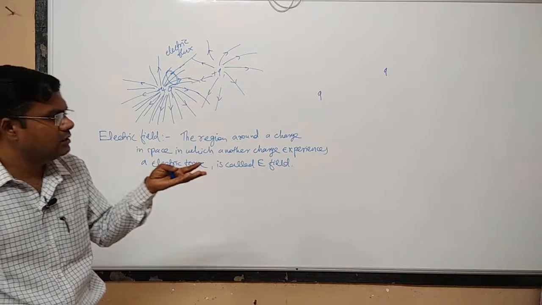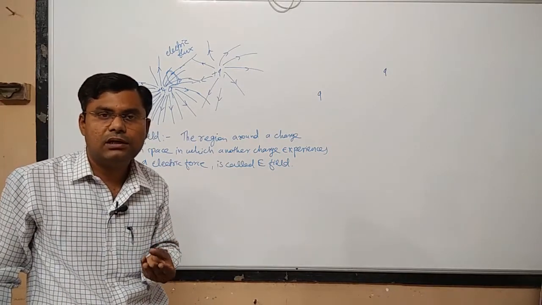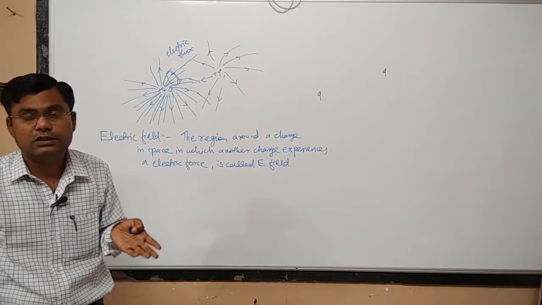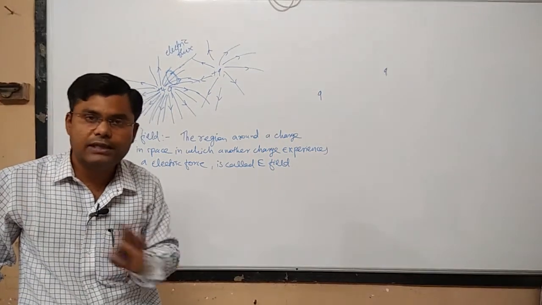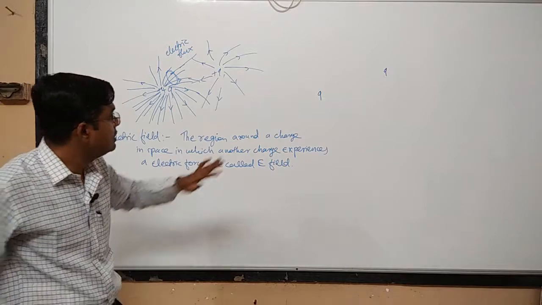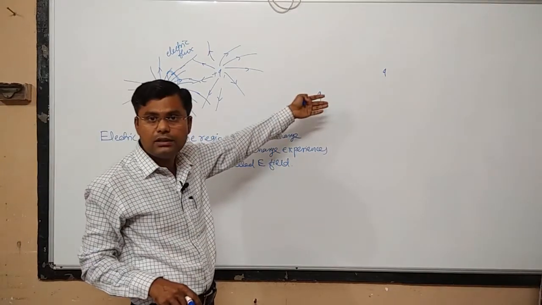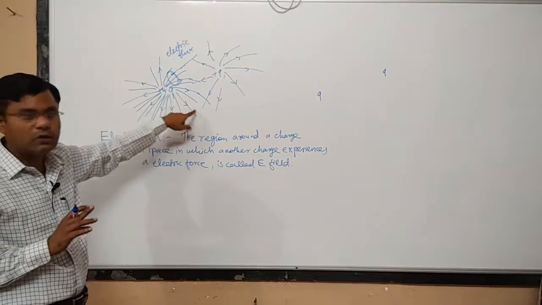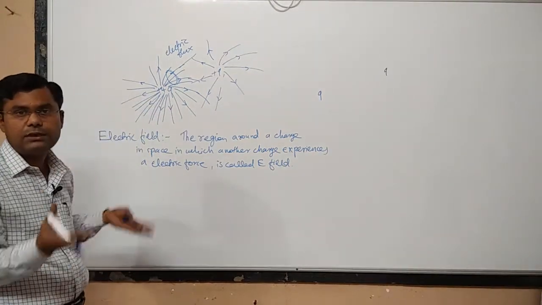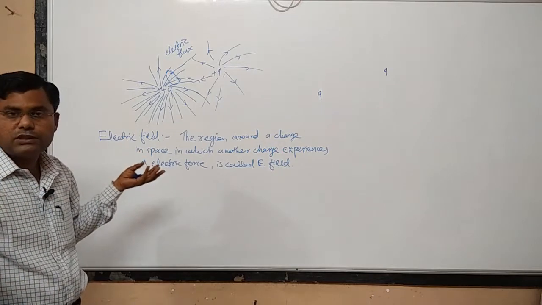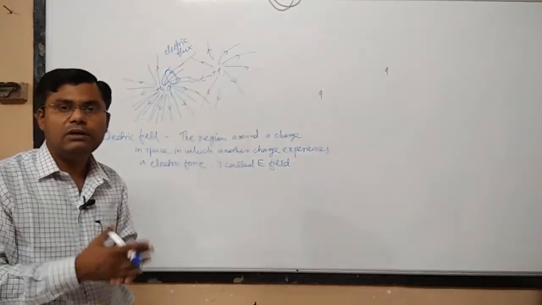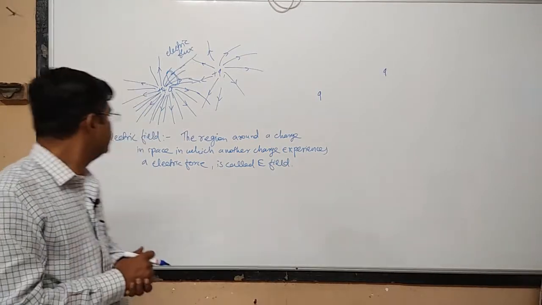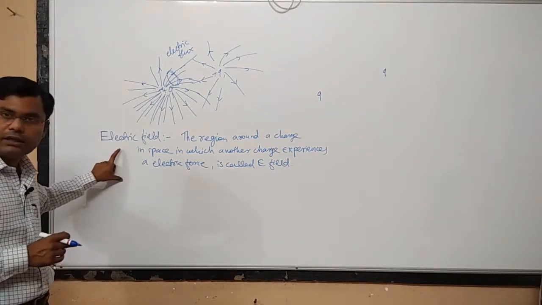Normally we can say that if a charged particle comes into the electric field, it will experience some electric force. If the charged particle is not in the electric field, then it will not experience any electric force. And what is the minute thing happening in this phenomenon? It is represented here, because every charged particle is represented by electric lines of forces, and these lines will cross over each other at some point, and because of that there will be the force of attraction and the force of repulsion, right? So this is the definition of electric field.